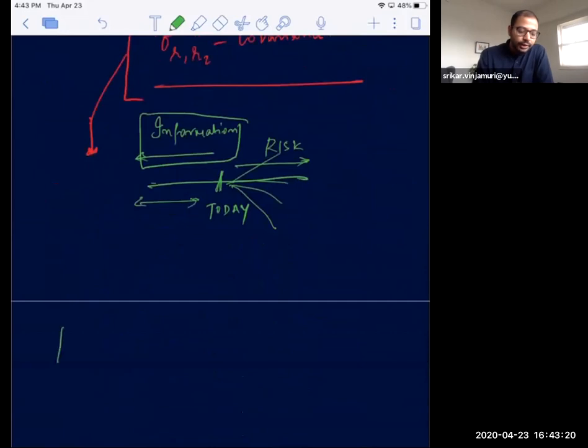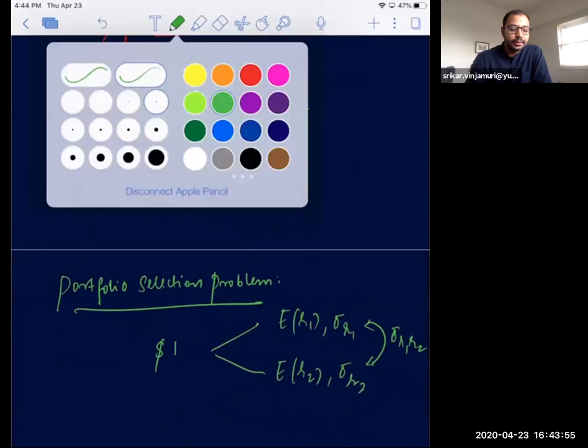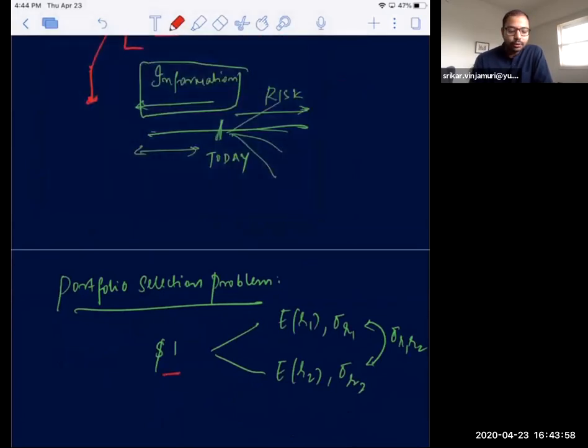Then the portfolio selection problem is very straightforward. If I think about what the portfolio selection problem is, I have two assets, I have $1. Asset one has an expected return of ER1, asset two has an expected return of ER2. I know the variance or the standard deviation for this asset. I know the variance or the standard deviation for this asset, and I know the covariance between these two assets. Now, the portfolio selection problem basically means, so I have this dollar. How do I take this dollar